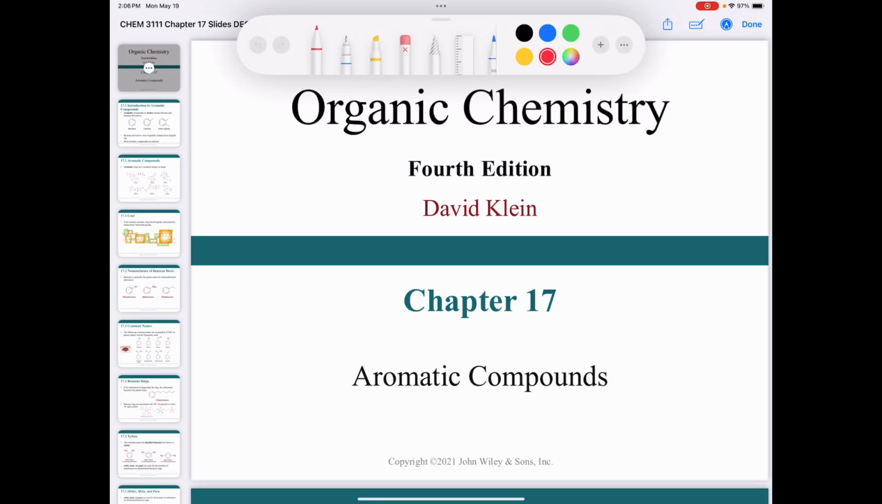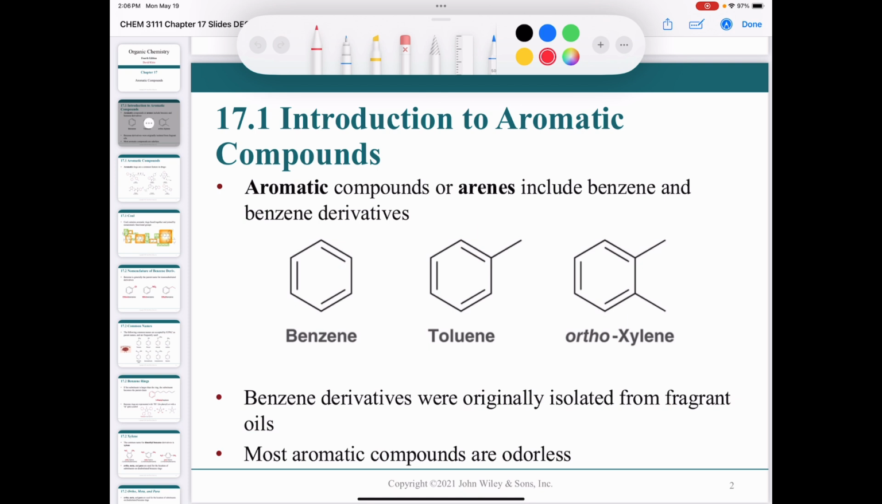All right, let's talk about aromatic compounds for a little bit. And you probably remember the structure of benzene. We've seen this a few times throughout the course. So benzene has a formula which is